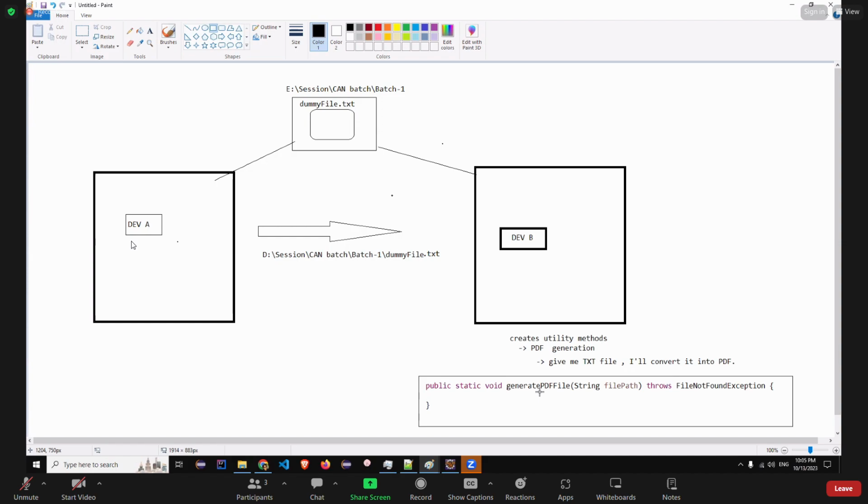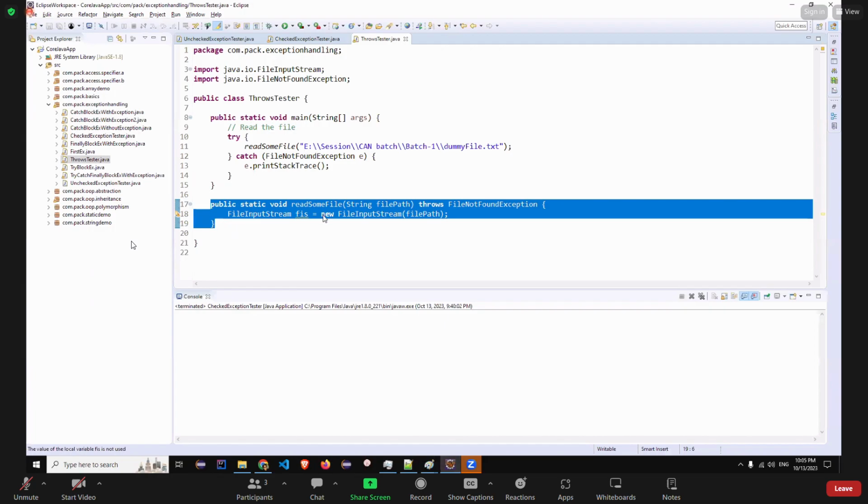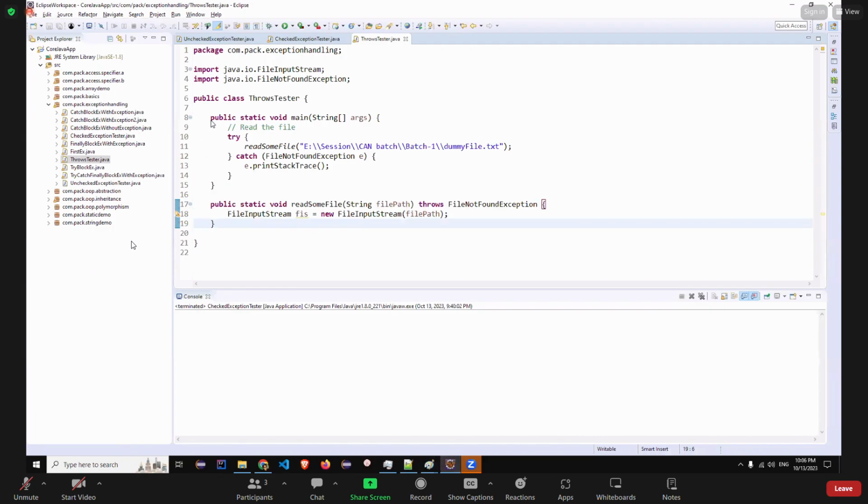सीधा उसको रिटर्न कर दो वहीं से, जैसे देखिए बात गलत है, इसने रीड करा, उसको फाइल मिलेगी ही नहीं, तो यहीं से थ्रो हो जाएगा FileNotFoundException। ये जाएगा Dev A के पास और वो हैंडल करेंगे। जैसे मैंने यहाँ पे कहा कि ये Dev A का काम है, सॉरी Dev B का काम है, जिसने कुछ यूटिलिटी मेथड लिखा है, ये है Dev A, इसने हैंडल करना है, तो इसने हैंडल कर लिया, तो ठीक है मैं फंक्शन को कॉल कर रहा हूँ। In case अगर ये फाइल नहीं मिलती है तो ये इस कैच ब्लॉक में जाएगा जिसका काम ही है FileNotFoundException।